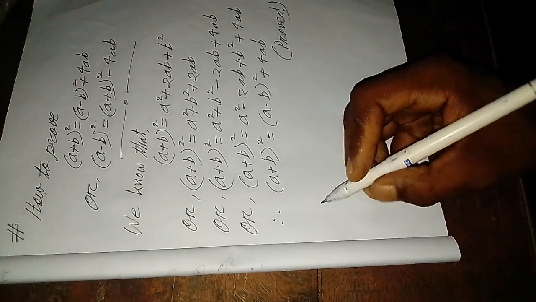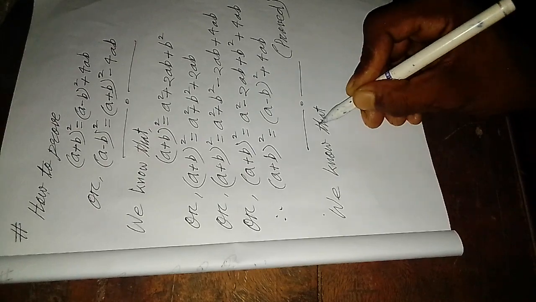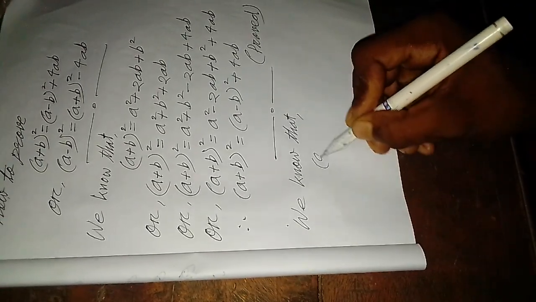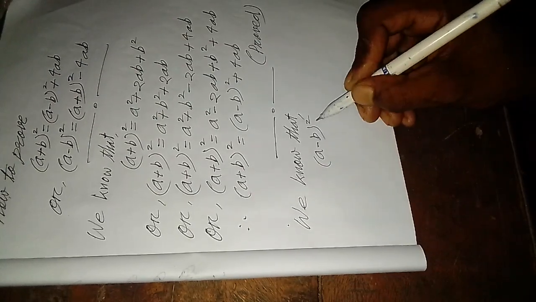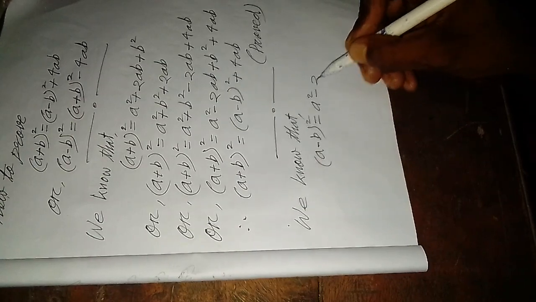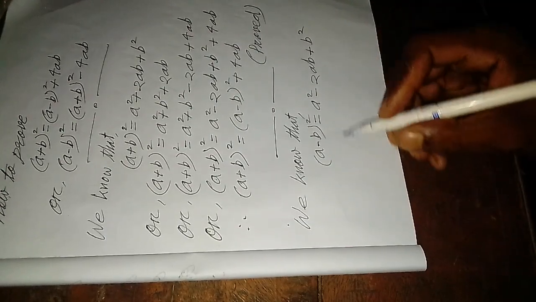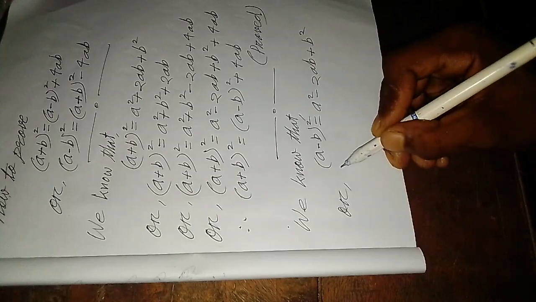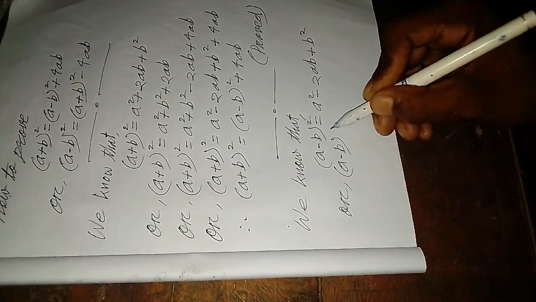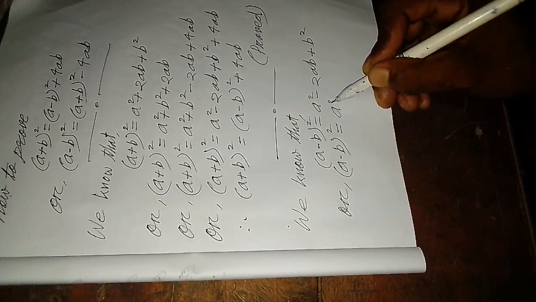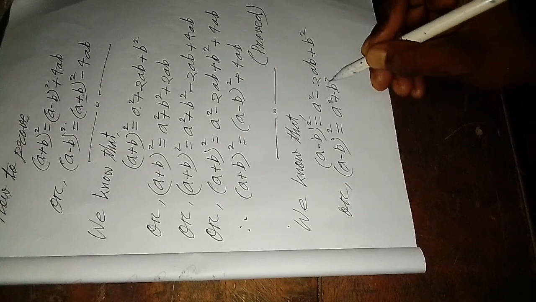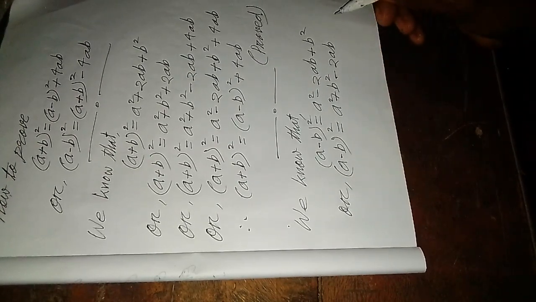First, we know that (a minus b) whole square equal a square minus 2ab plus b square, or (a minus b) whole square equal a square plus b square minus 2ab we can write,